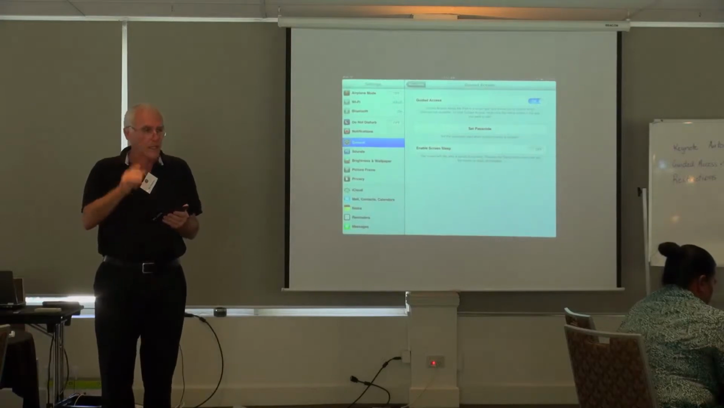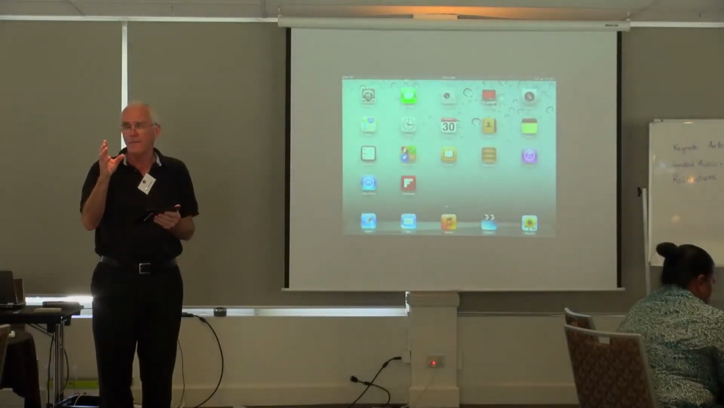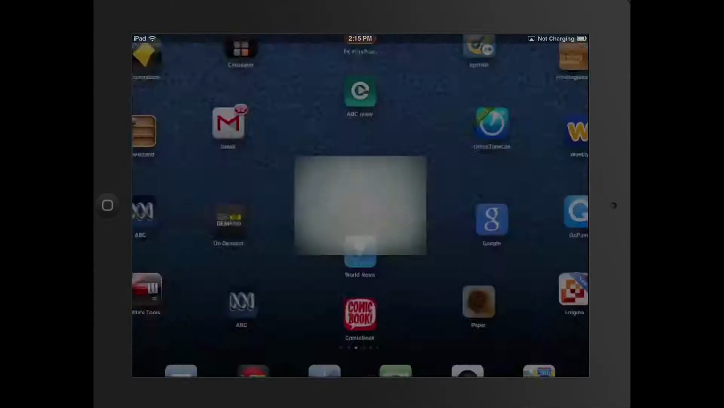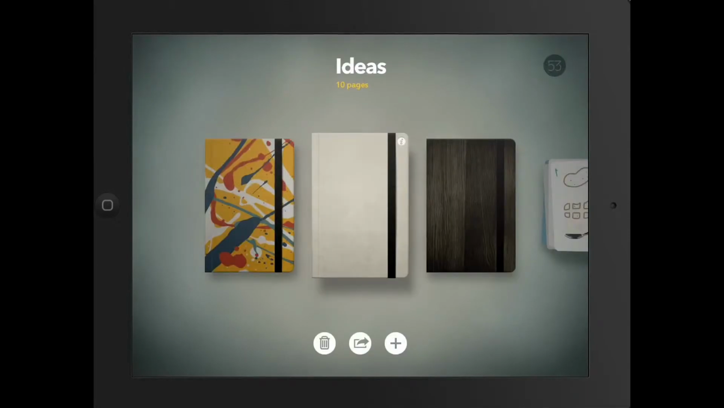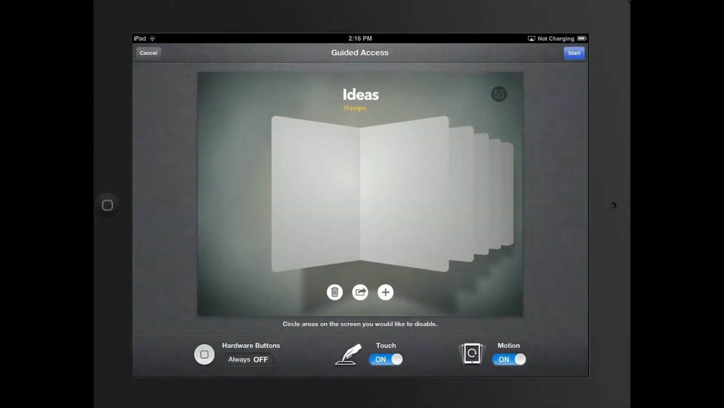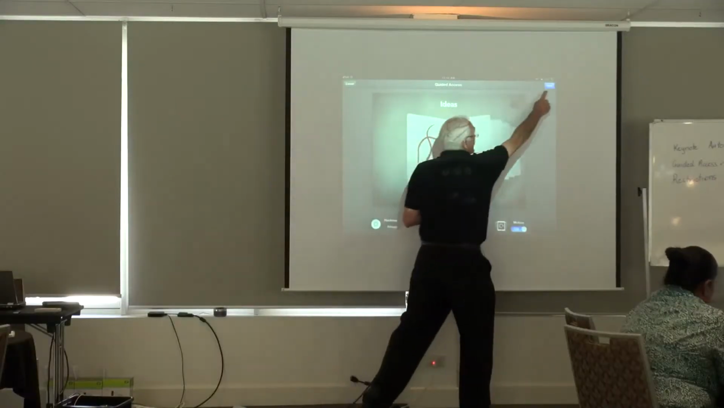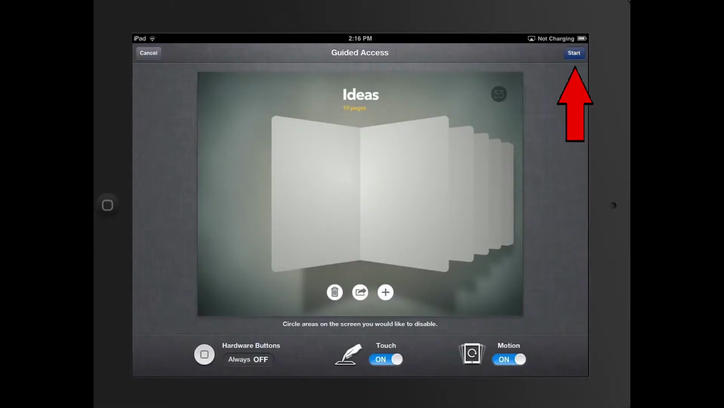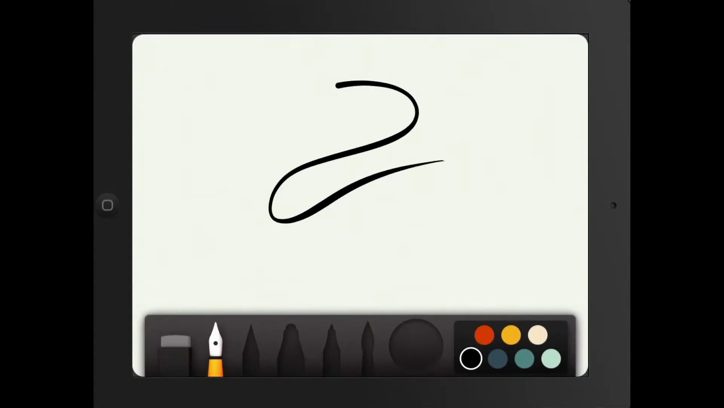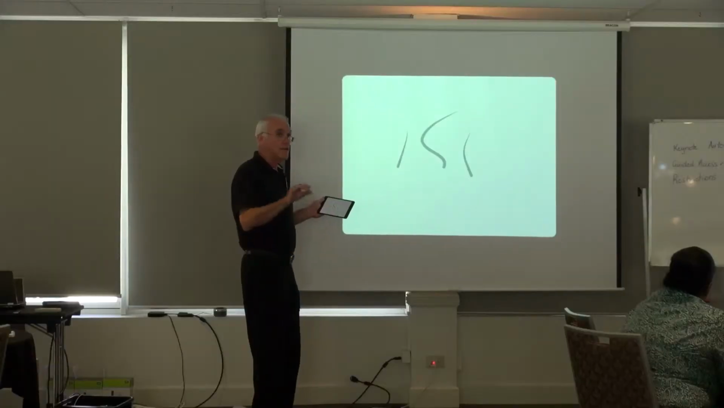Now if I then want to have the kids only work in, say, Paper, I go to Paper and I start Paper off, and at this point I triple click that home button. I go 1, 2, 3 as quick as I can, and it sucks back Paper and gives me this other part of the screen, and then I'm going to click on the word start, and we're now in guided access. So it says guided access started, so I'll turn the page, I'll start a new drawing off, I'll start to draw, do all the things I need to do, and now the teacher walks away, or you walk away,